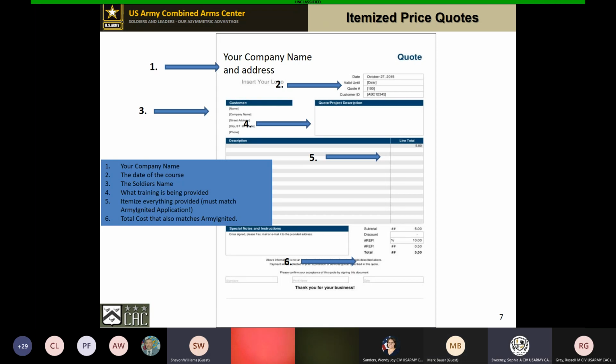So I can answer that really quick, Russell. As far as third party, if you hire a third party vendor to provide your training, that's between you and them. However, when it comes to receiving a quote, making payments, certificates of completion, that only goes to you. We will not talk to that third party vendor. Does that make sense, Mr. Bauer? Absolutely. Thank you. No problem.